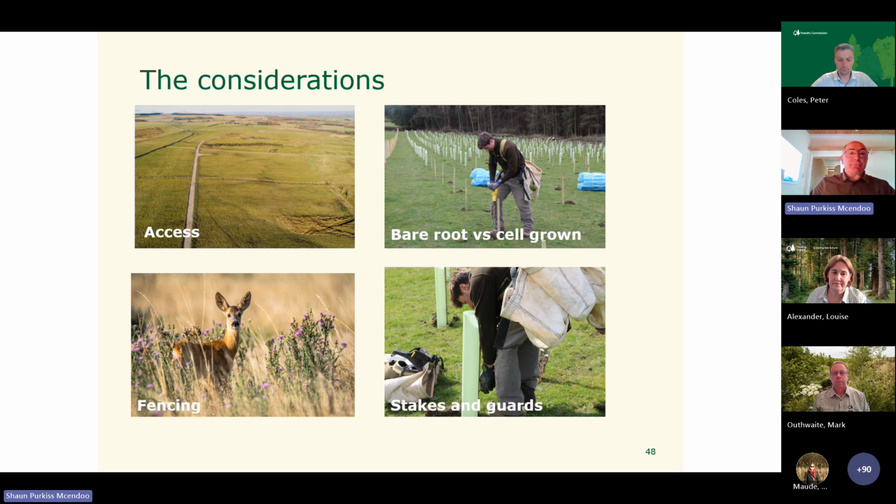Stakes and guards. Right, I would say for definite that when you're ordering your stakes and your guards, allow 10% extra stakes to come with the guards to allow for breakages and then further maintenance going forward, because you will break some, either in handling or when you start knocking them into the ground.